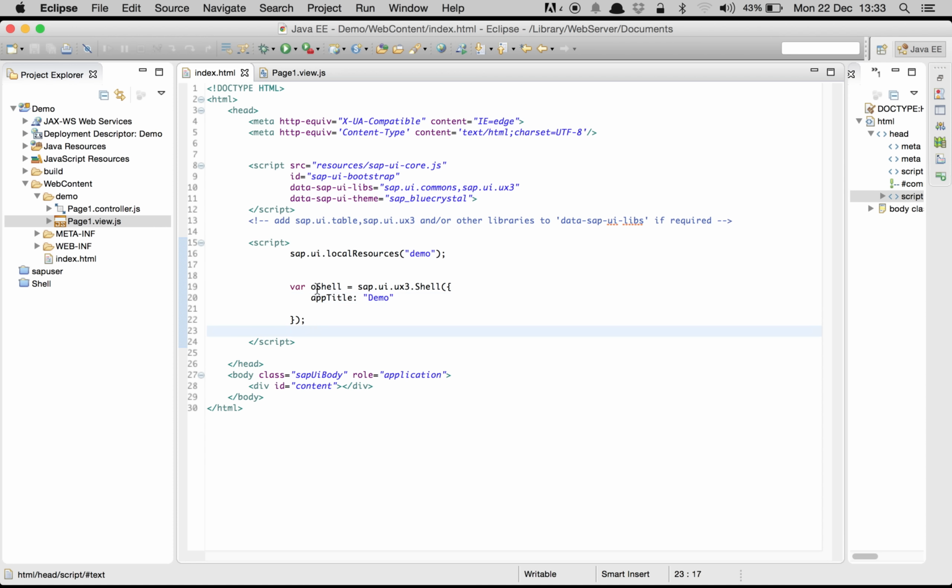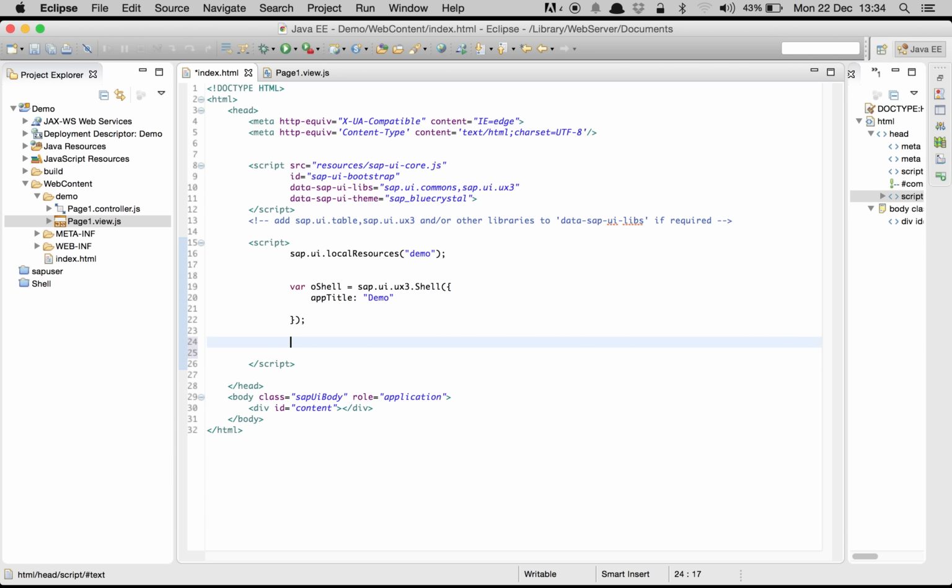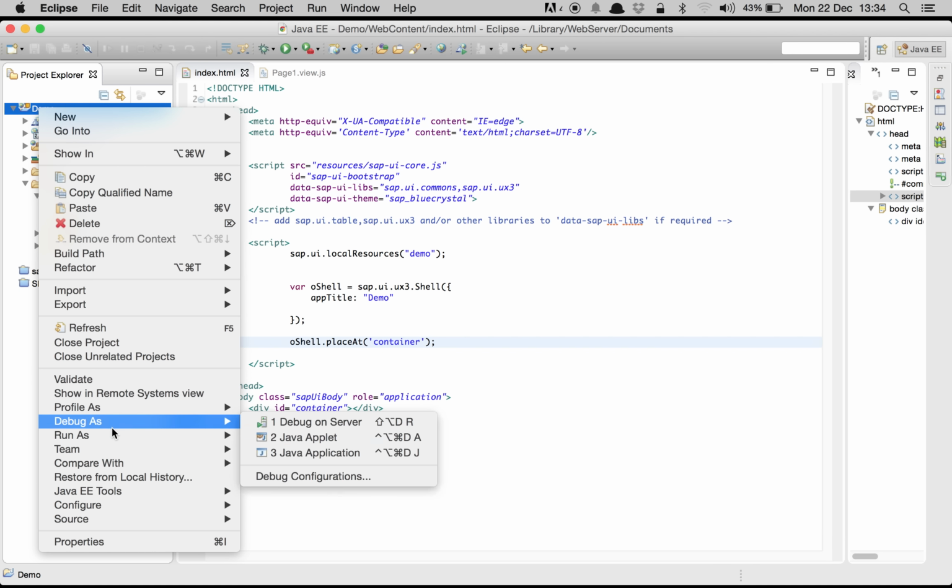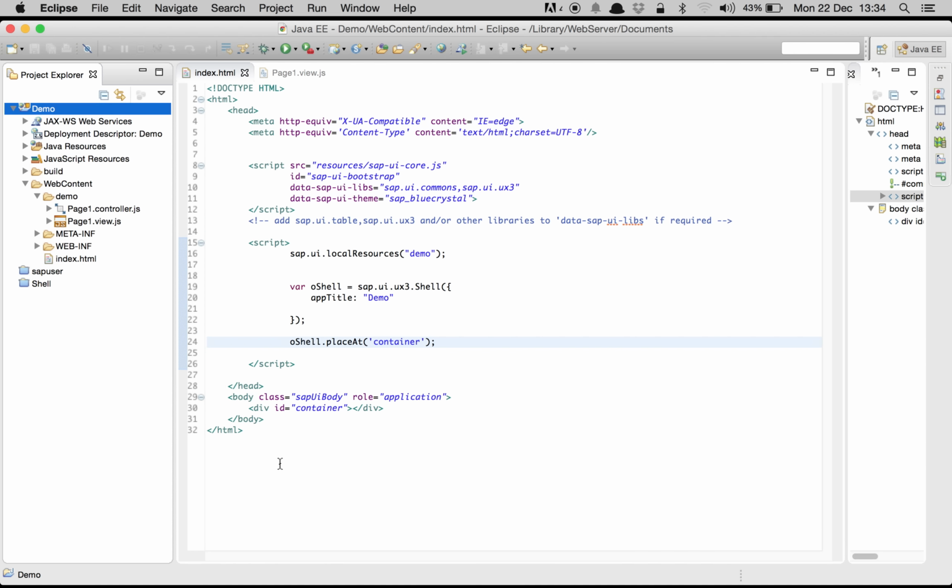And after we have created the shell, we need to place it inside one of the div. So div is basically a container, and inside this we are going to place the shell. So you can write oShell.placeAt, and we can give content. Now you can give any ID here. Basically there is no restriction of keeping only content which SAP provides, but let's say we are going to use container here, but you need to place the container here as well. And if you want to see how the shell looks like, you can just run this application, run as web app preview,